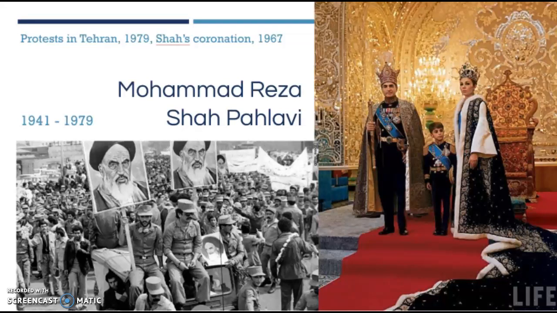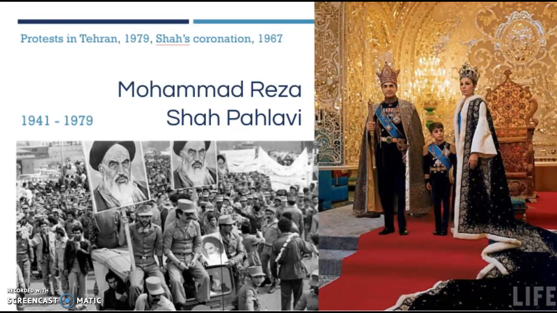Hello, this slideshow is for IB history students. It's for those of you studying the higher level paper 3 for Africa and the Middle East. This is about the Middle East since 1945, and we're focusing in on the Iran case study and looking at the rule of Mohammad Reza Shah Pahlavi, the Shah of Iran between